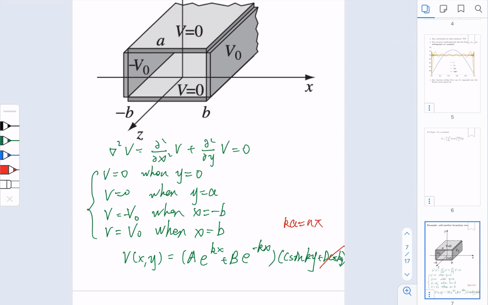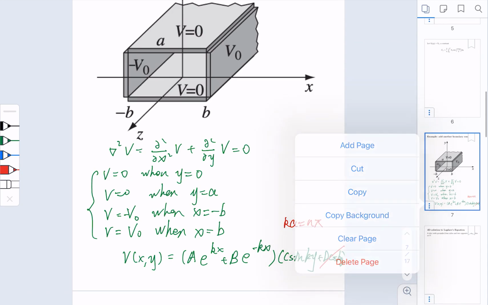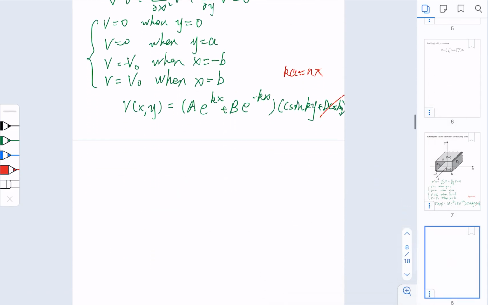And now here the boundary on the x-axis is slightly different from previous. So here the v must be minus v naught when x equals minus b, and v equals v naught when x equals b. And here this means that